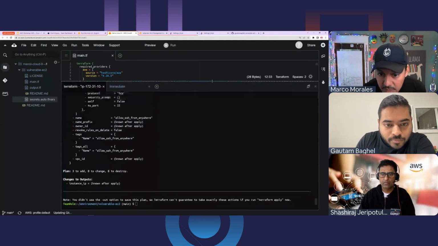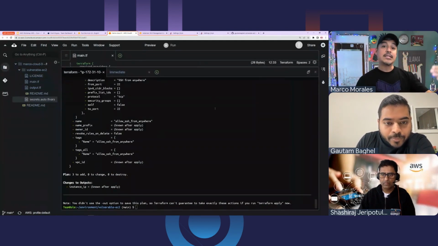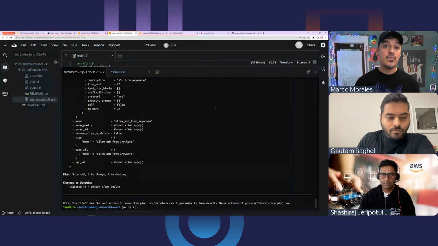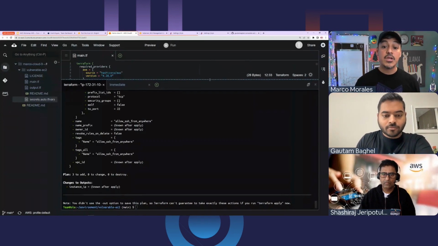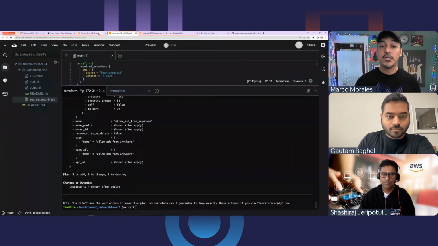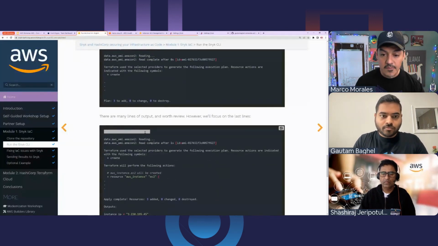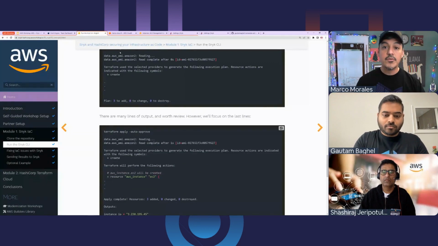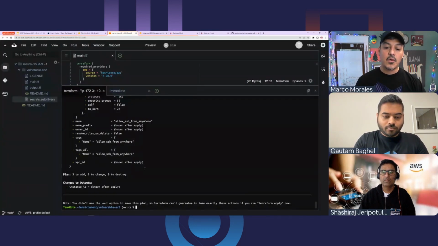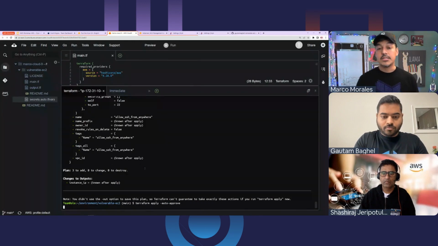I'll make this window big. When I see a lot of these green plus signs, I know I'm adding new assets to AWS. So I'm in really good shape at this point. You would see the same thing. The last one is I'll cut and paste this: terraform apply -auto-approve. This is going to eliminate the question it would ask, do you really want to do this? And I will apply this process.